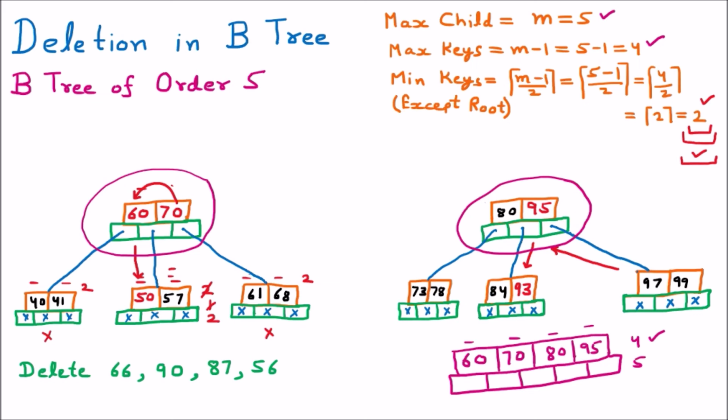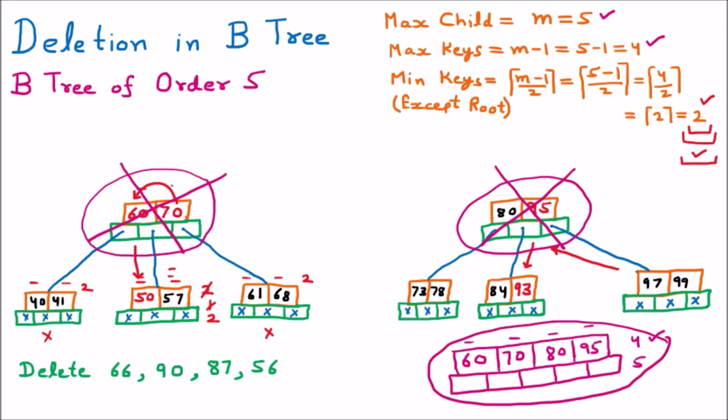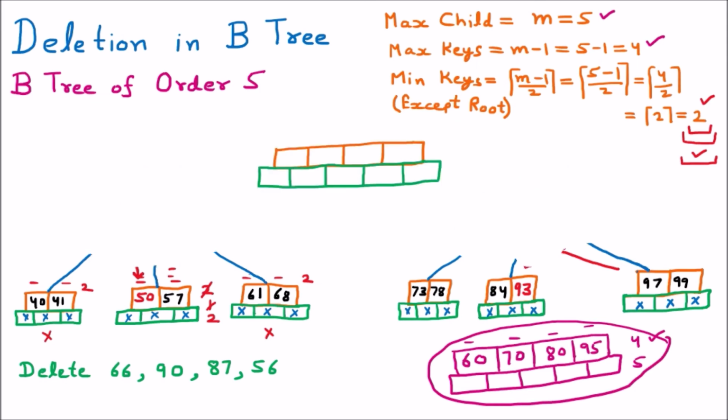So now we are going to construct this here. That means this left parent is deleted and this right parent is deleted, and they are merged together, and this node will now take the position after combining them. So I'm going to construct this node there. The top two parents are merged together and now they are becoming 60, 70, 80 and 95. So we have successfully placed this node after combining the two parents.